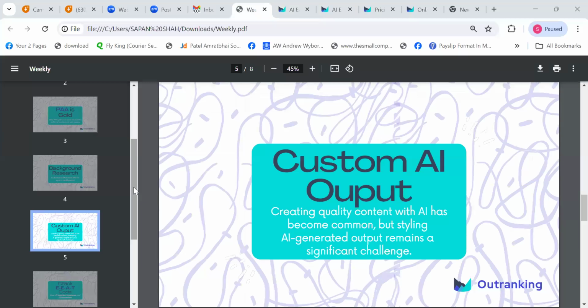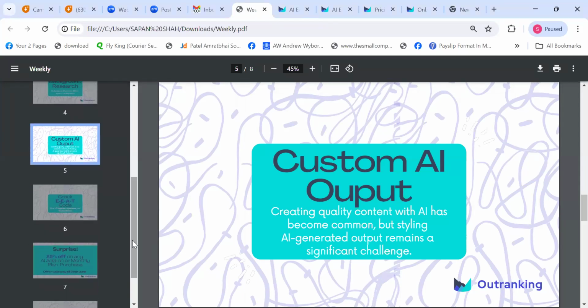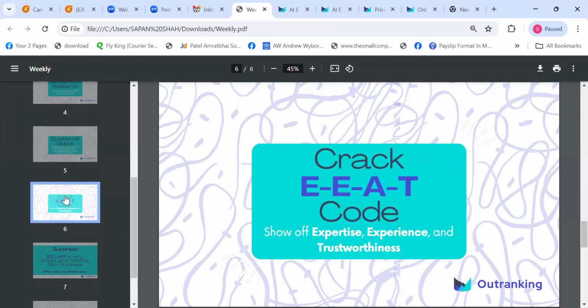As I said, everyone is going to generate content using AI in a way or the other. But how can you be different from all of that, still using AI, and get some brownie points by cracking the EEAT code of Google? How are you going to do that? With this function that Outranking has, called originality suggestions, you can show off your expertise, experience, and trustworthiness with the content that you are writing within a few minutes. And how can you do that? Okay, let me show you